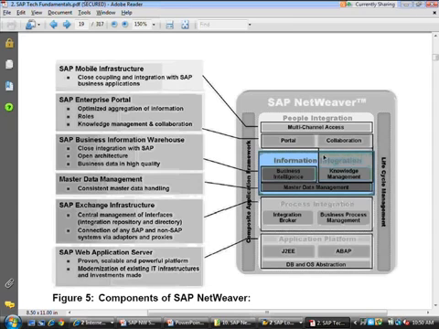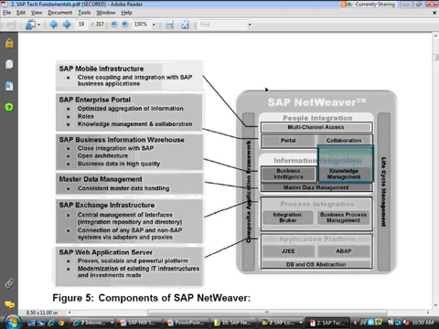Information integration is the business intelligence component of it. So it has a BI engine in it. It's got a master data management engine in it. And it's got a knowledge management engine in it. So it has those multiple engines inherent in it from an information integration standpoint.